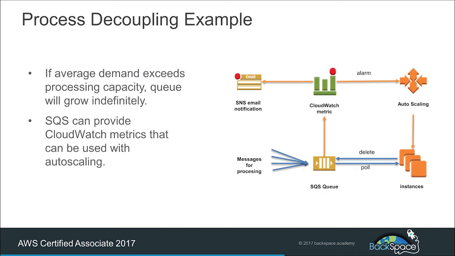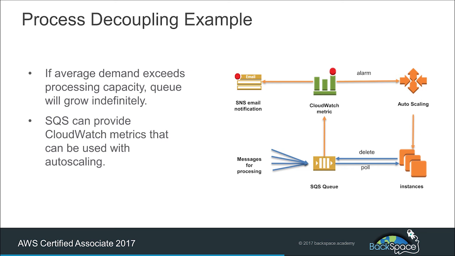So let's have a look at a process decoupling example. On the right there, we've got some instances, and those instances are processing messages as they come in. Now, if we have a situation where we have a massive spike in demand and a whole heap of messages coming in at once, then that would most likely crash our EC2 servers, which is something that we don't want to happen. So to decouple the demand from our process, we can put an SQS queue in front